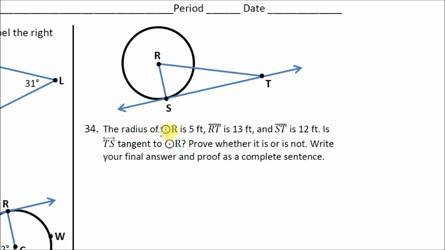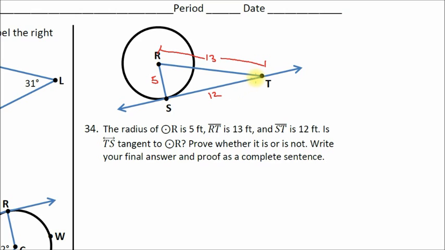The radius of circle R is 5 feet. I'm going to label that now. There's my radius. Now be careful, don't label this yet, because take a look at the question. It says RT is 13. That means they gave us the whole thing. I'm just going to write 13. I can deal with my unit of measure later. I don't have to worry about this, because I know the whole RT is equal to 13 and